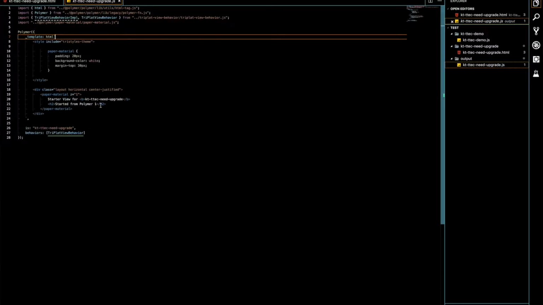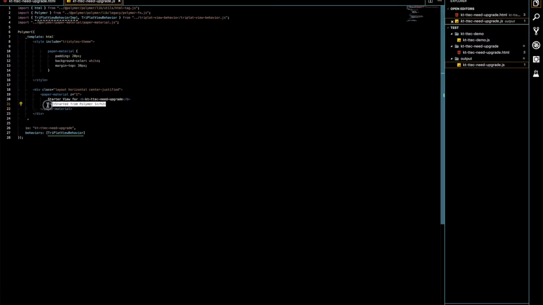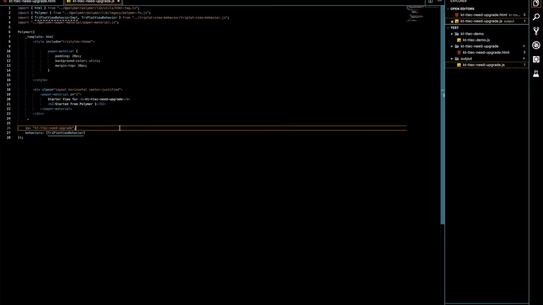You can see before we inserted this H2 starter from Polymer 1. It is still here as part of the upgrade process. So I didn't cheat there with different code, this is just the basic starter code. This is something that we just did modify, and I used that code to upgrade from. So now that we have a JS file,